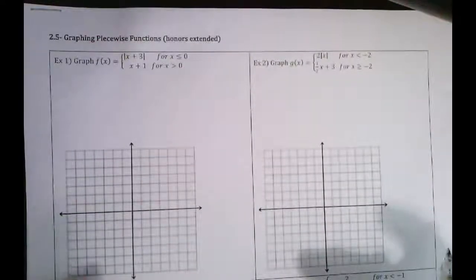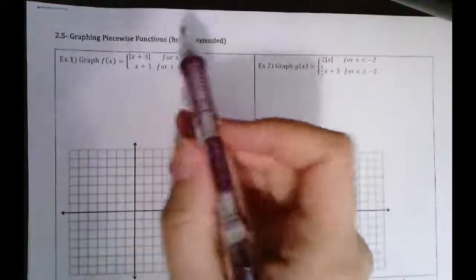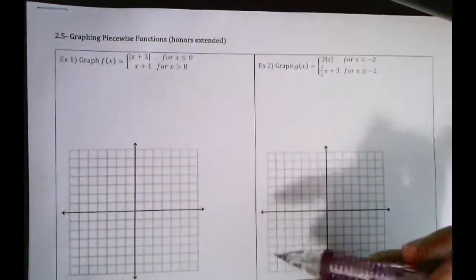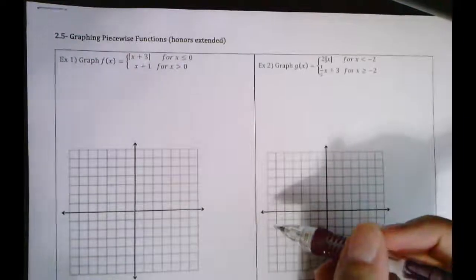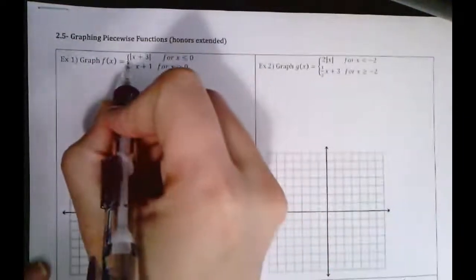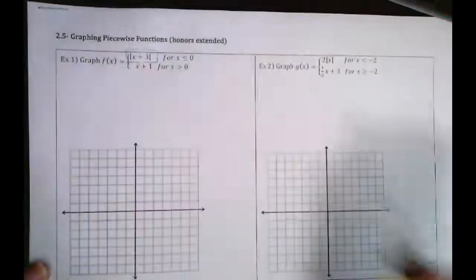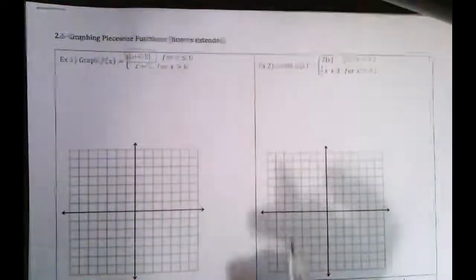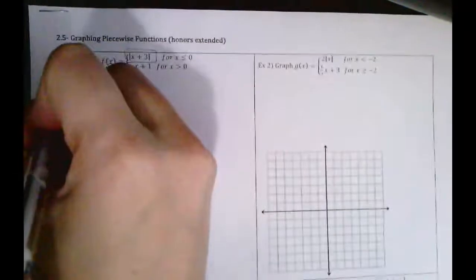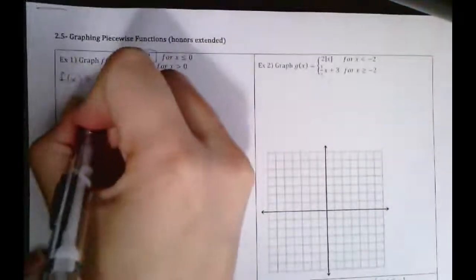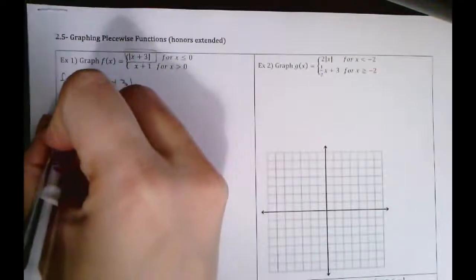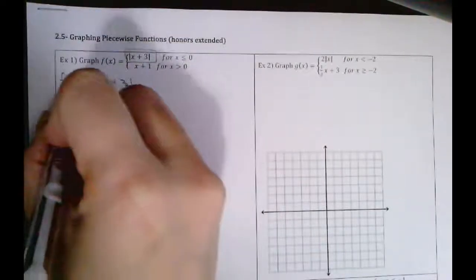Okay, so we are going to incorporate absolute value functions with our lines and our piecewise. The important part about this is to make sure that if you're given an absolute value function, you identify the vertex first. So for this one,